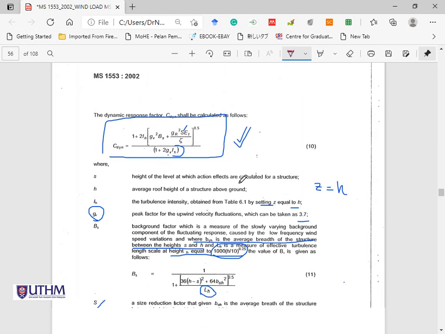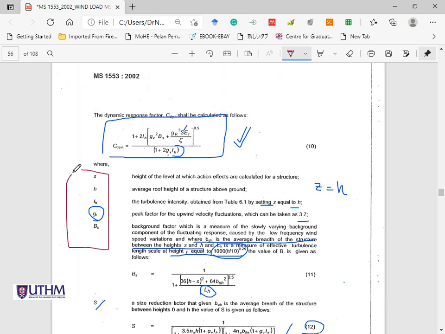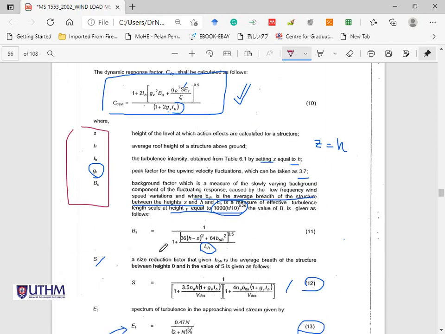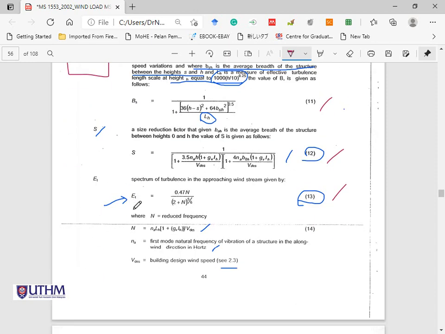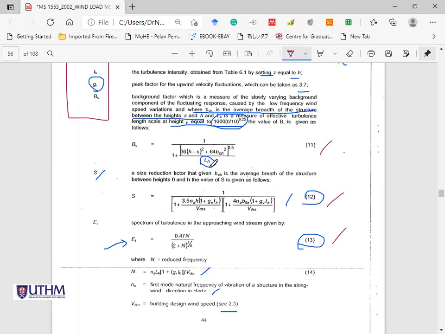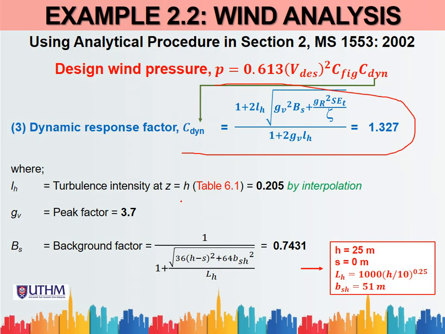Okay, so this is the equation and all this is the definition for each symbol. And for each symbol here, the formula related to each symbol is given. So this is the ET, the spectrum of turbulence, this is the size reduction, and this is the background factor. Under the background factor, here is the measure of the effective turbulence length, which is equal to 1000 multiplied by H divided by 10, kuasa 0.25. Okay, alright. So then the turbulence intensity,